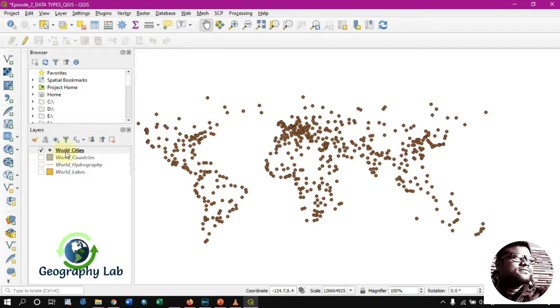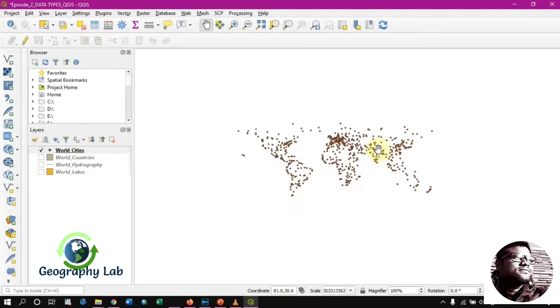So this is the point file. As we already know, a point file has no dimension, or zero dimension, and it can't measure anything, but it shows discrete locations. These are the cities which are spread throughout the world.